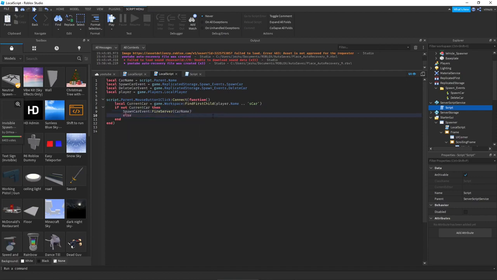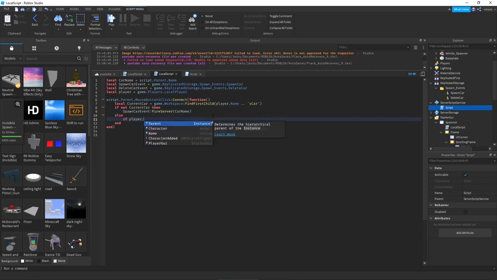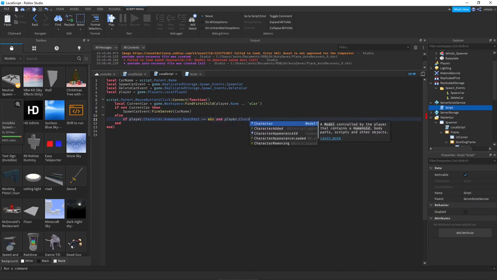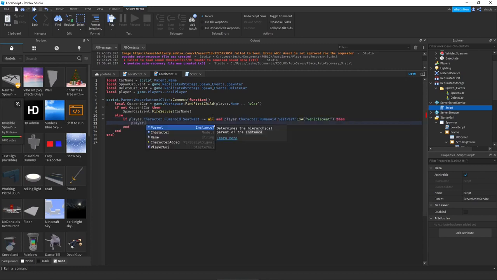So we're gonna do else if player.character humanoid dot seat part is equal to, or nil. So we're gonna do the squiggly line, and then equal sign, nil, and player dot character dot humanoid dot seat part. We're gonna do is vehicle seats, then player dot character dot humanoid dot sit equals false,